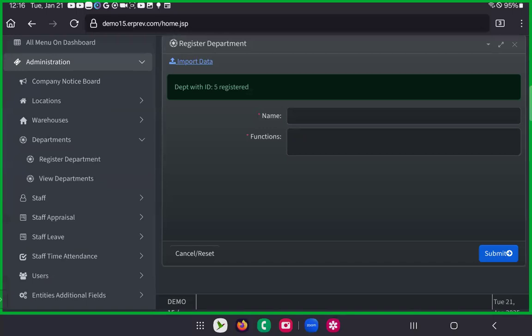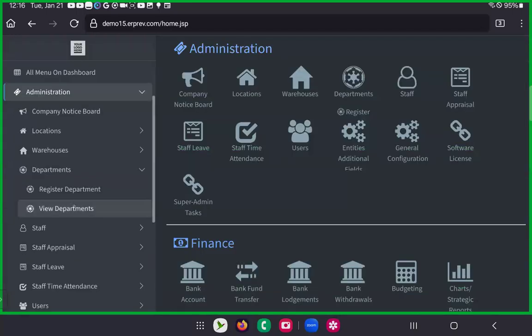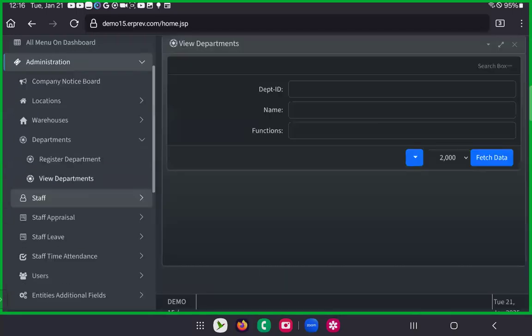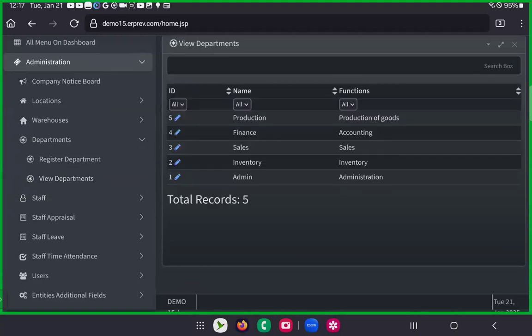Now you can also go ahead and view departments. Before now, I'd registered other departments. Fetch data, you'd see those departments alongside the one I just registered now, which is called production department. In your organization, maybe you might call it units instead of department, you can change the label as well. All right. So now the next thing we need to do is to register the staff that would use the system,